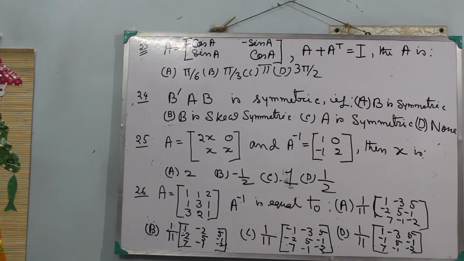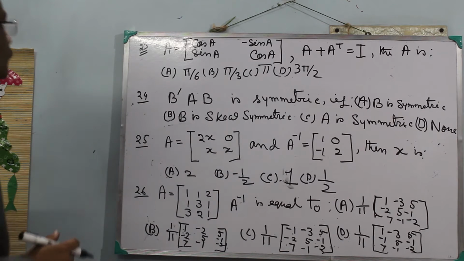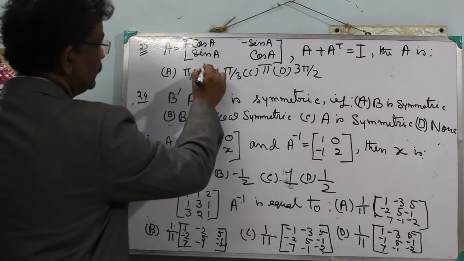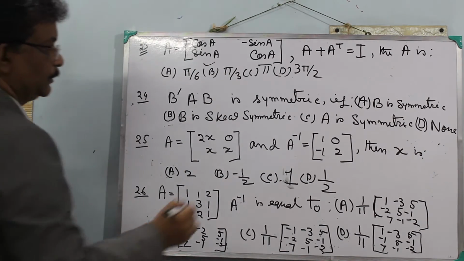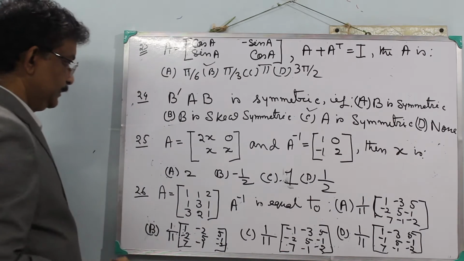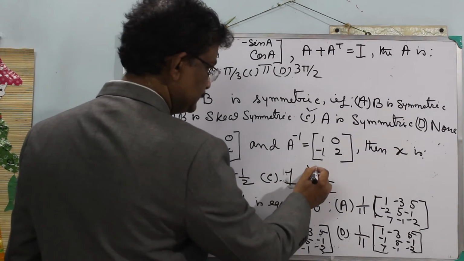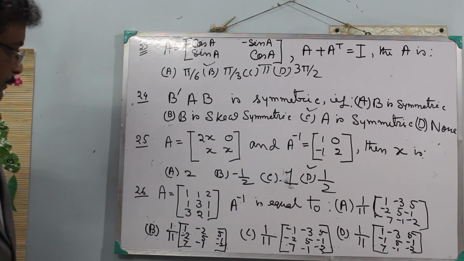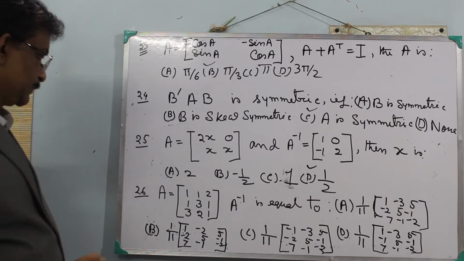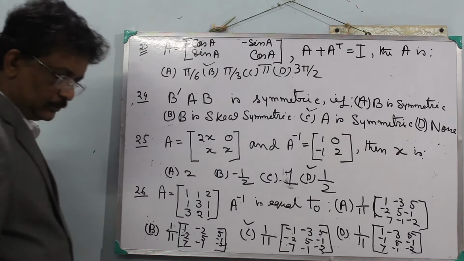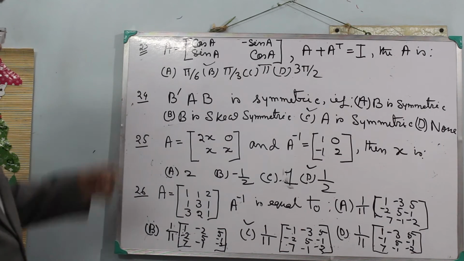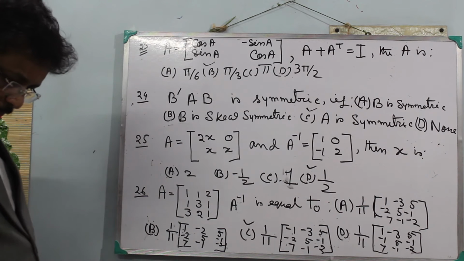Next, four problems, 23 to 26. You try. The correct answer for 23 is B, 24 is C, 25 possibly D, and for 26 the correct answer is C. So I will do problem number 24 first.